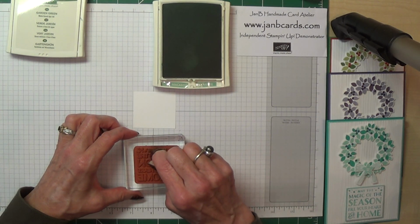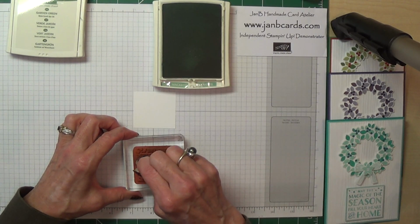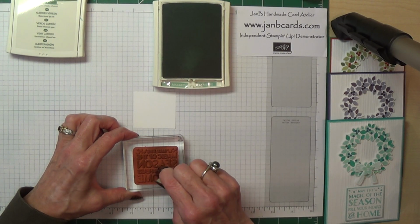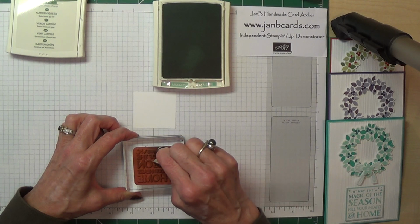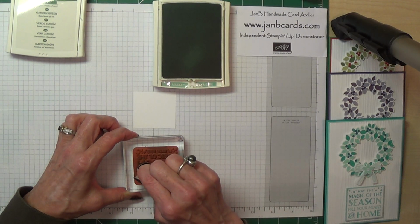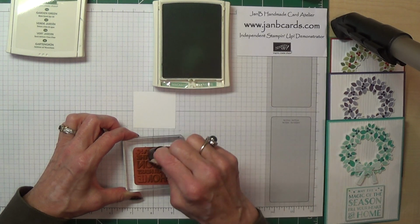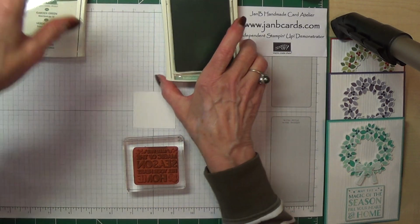I'm going to be quite generous with the area that I'm doing, because this is the lighter colour. It needs to have more on the stamp, otherwise it's going to be totally overshadowed by the darker colour. Okay, so I'm just doing north, south, east and west. So I'm leaving the centre bit blank, and I'm leaving the 4 corners. Okay, so once I'm happy that I've got quite a lot on there, I'm going to move that one out of the way,